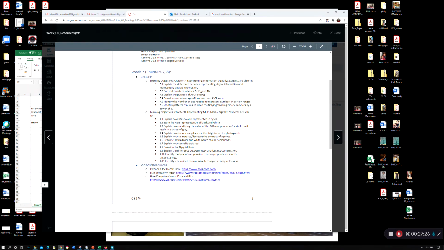You have the ASCII coding, Unicode over ASCII, and the number of bits to represent certain symbol ranges, right? So if I need to represent 100 symbols, how many bits do I need? If I had to represent 400 symbols, 500 symbols, how many bits do I need? You should be able to figure that out. And you can look at multiplying and dividing binary by powers of 2, which is what I did for you on the spreadsheet. Okay,